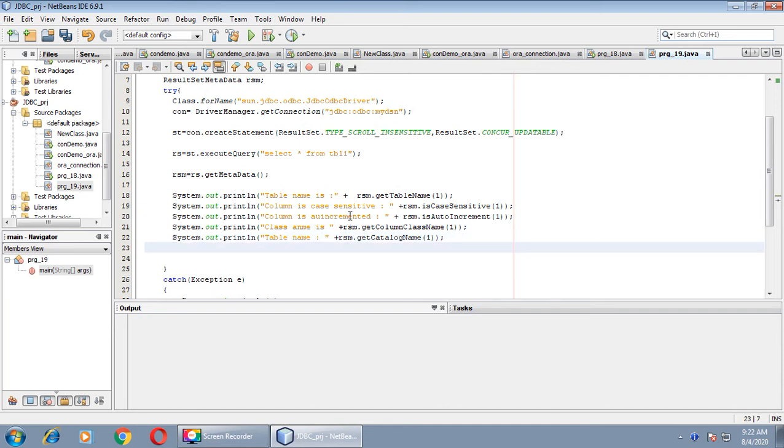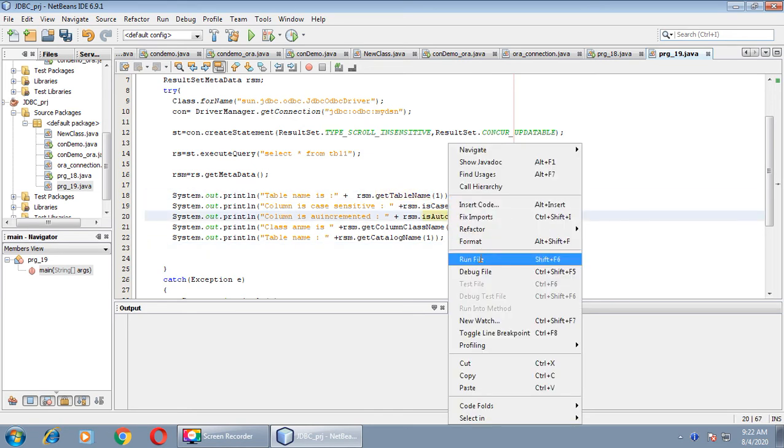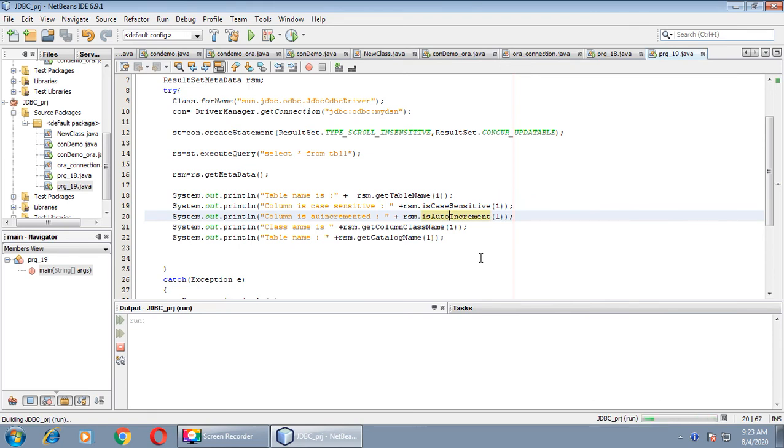Let me execute the program. As you can see, the connection is done successfully. The name of table is TBL1. Column is case sensitive, false. We are gathering the information of the first column, so everything is about the first column only. Our first column of TBL1 is not case sensitive, so we got the boolean value false.